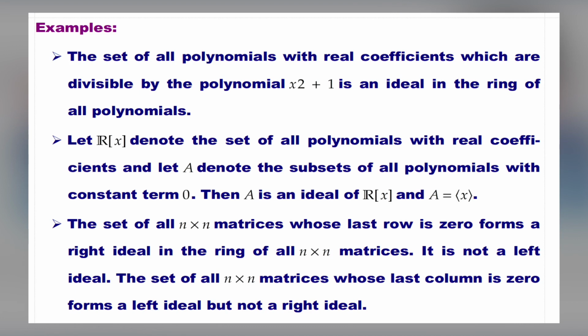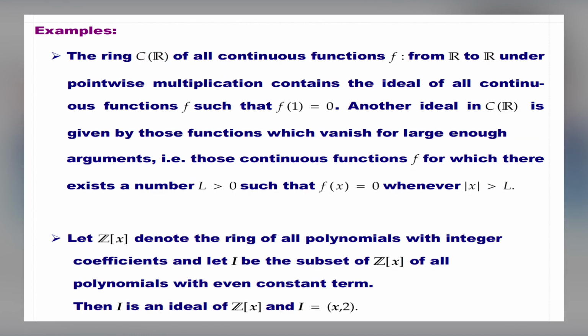The set of all n by n matrices whose last row is 0 forms a right ideal in the ring of all n by n matrices. It is not a left ideal. The set of all n by n matrices whose last column is 0 forms a left ideal but not a right ideal. The ring C(R) of all continuous functions f from R to R under pointwise multiplication contains